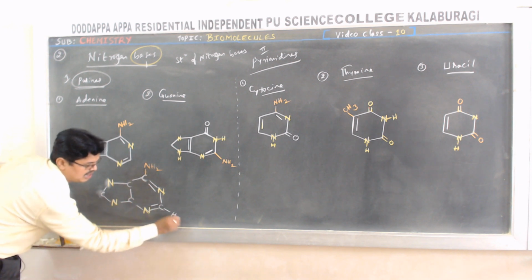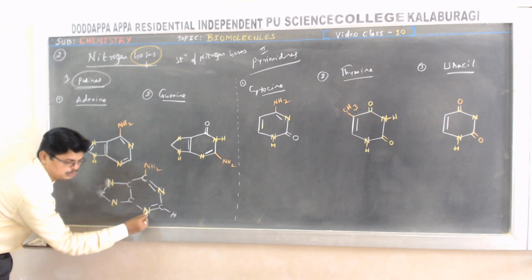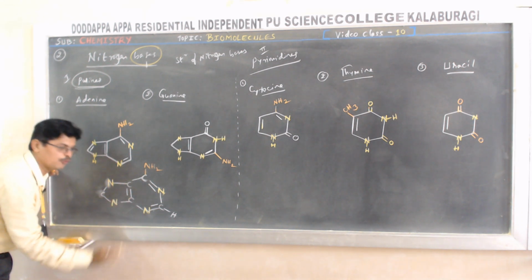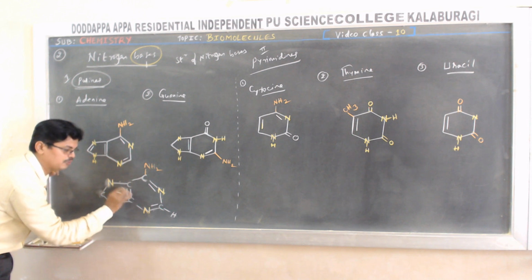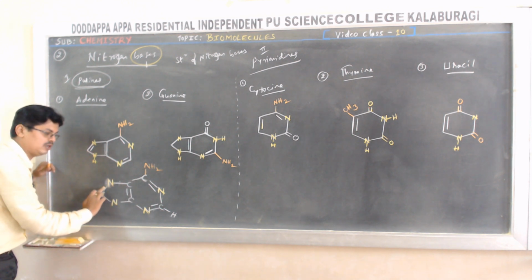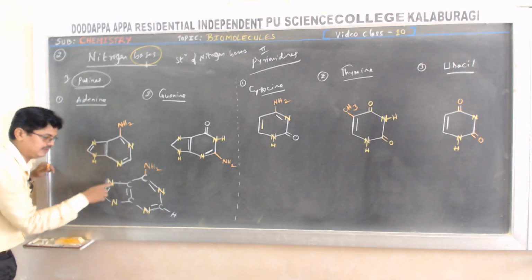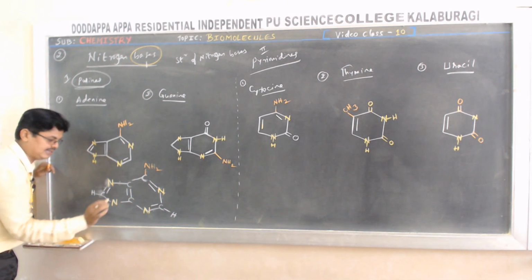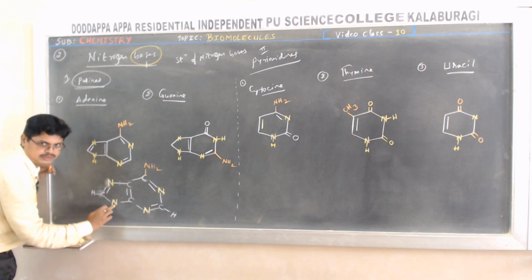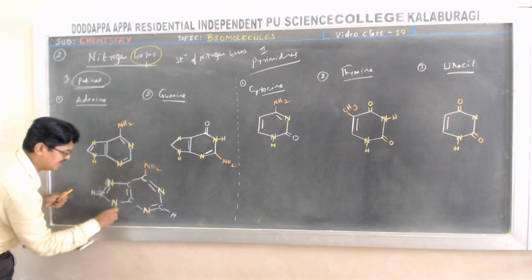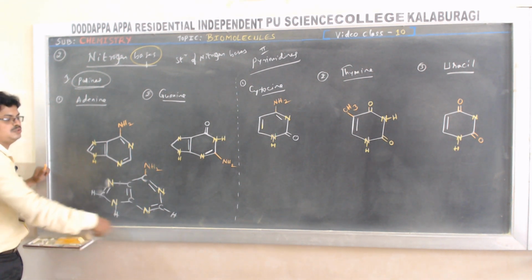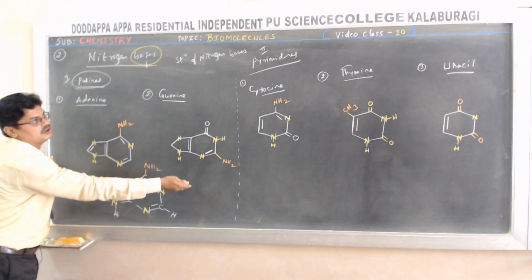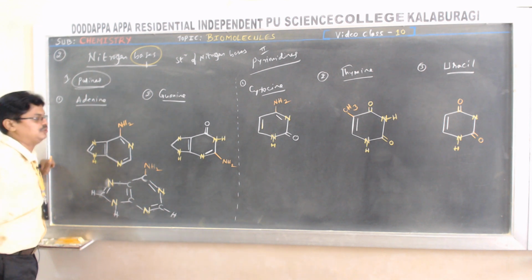Another one will be hydrogen. Similarly, this nitrogen 1, 2, 3. Satisfied. 1, 2, 3, 4 satisfied. This nitrogen 1, 2, that's why you put a double bond, it becomes 3. This carbon 1, 2, 3, here H will be there. 4, 1, 2. So hence you have to show hydrogen here. This is how to write the structure of adenine. Similarly, you can focus on guanine, cytosine, thymine and uracil.